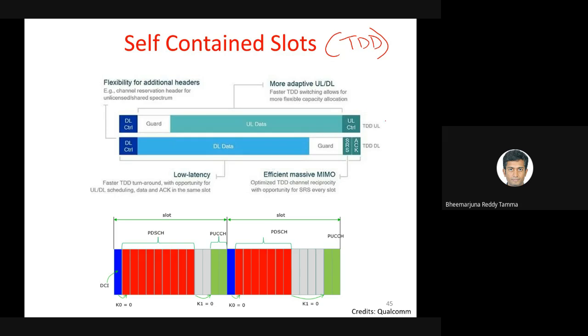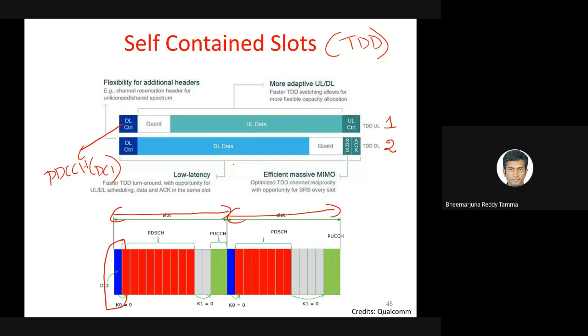So if you look at the first one, what you see here is we have this downlink control information that is coming. That is what the PDCCH, which contains the DCI. So that's what is even being shown here in the bottom as well. If I take two slots, this is an example showing two slots, okay? And this is an example showing you one slot. A slot contains in the beginning the DCI, and one major difference between a PDCCH that you have in 5G and 4G is in 4G,